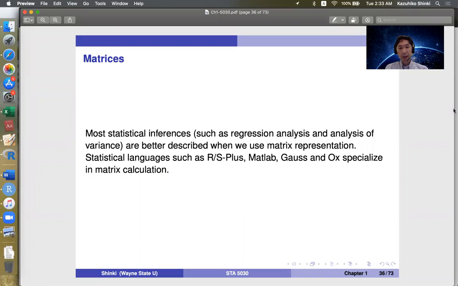Hi, everyone. The next topic is matrices. Most statistical inferences are better described when we use matrix representation. In Stat 6840, especially, it is important to understand all models in terms of matrices. Maybe Stat 5800 teaches linear models without using much matrix notation, but here in our course, the matrices are